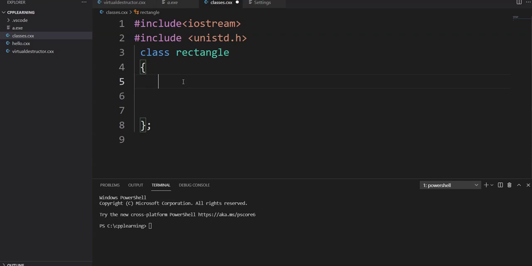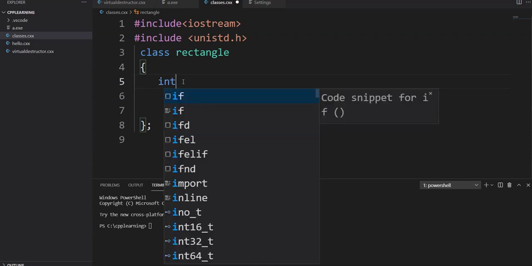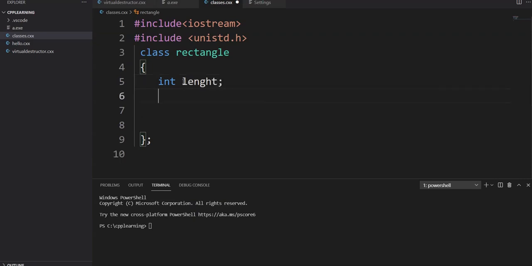Now we all know that a rectangle has two properties, length and breadth. These are the properties of a class. Now what more can we do with a rectangle? We can calculate its area and its perimeter.